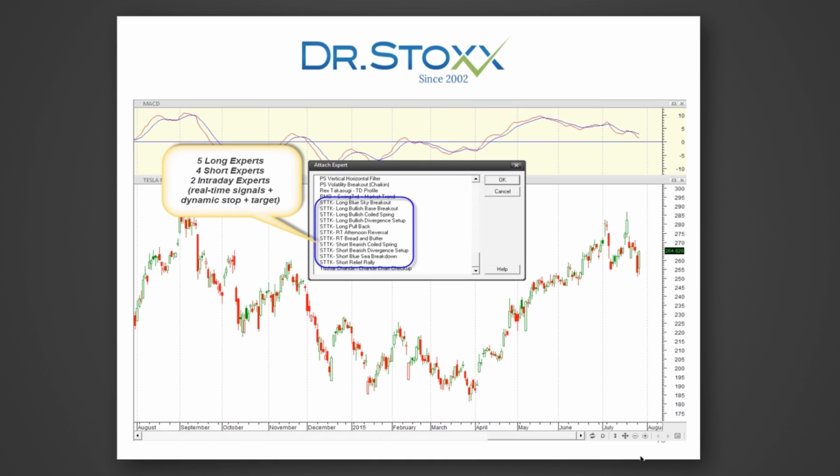It could be a pullback, it could be bearish divergence, and once you click on that, click OK, then the chart is going to automatically locate every instance of that trading setup. Whenever you should be buying or selling short on this particular chart, it's going to show you where that takes place. I've got a chart with some of this added on here. We'll look at that in just a moment, but I just wanted to give you a brief introduction to the